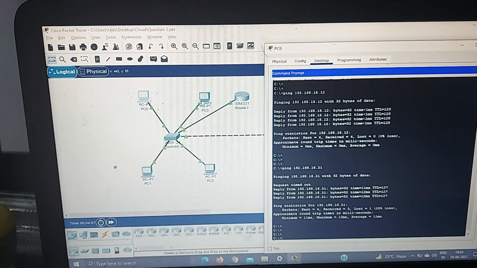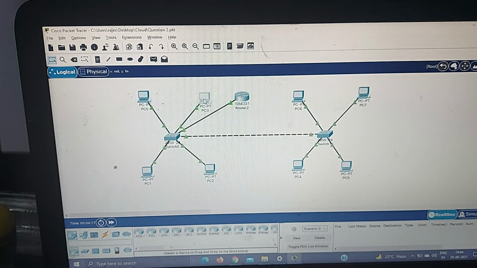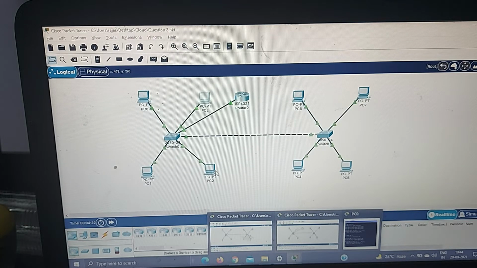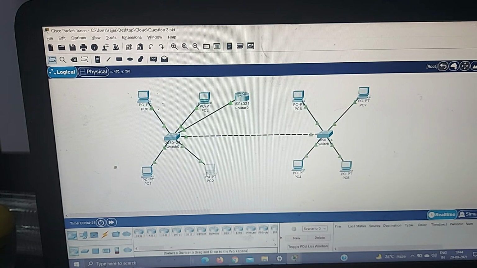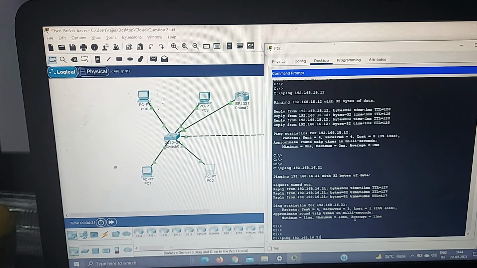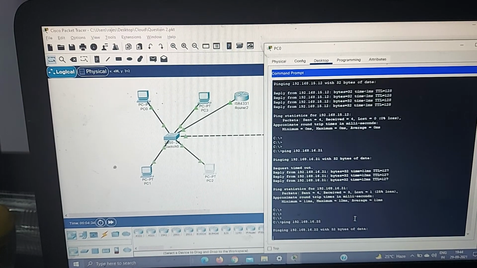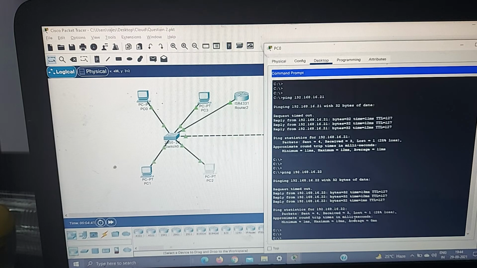Now I am able to access VLAN 11, which is right now present on the same switch. You can see the IP here, it's 16.21, and now I am able to access that. The other is 16.22. I will try to ping 16.22. It is sending the ARP message right now, broadcasted it, now it got the MAC address, and now the ping is successful.